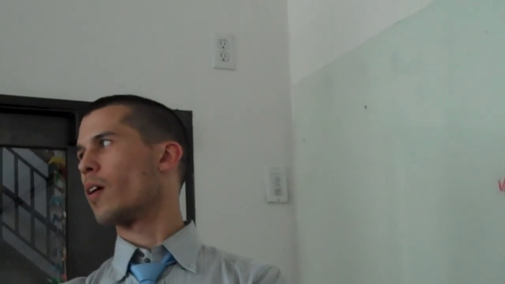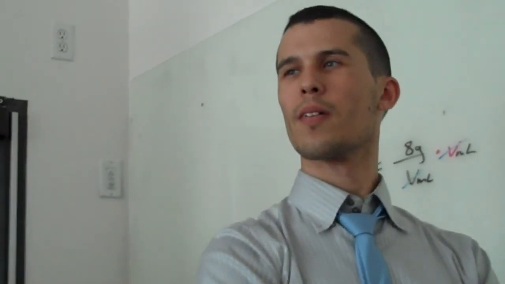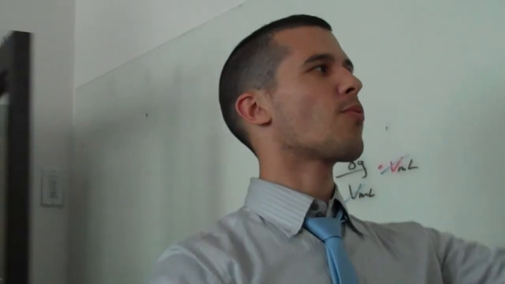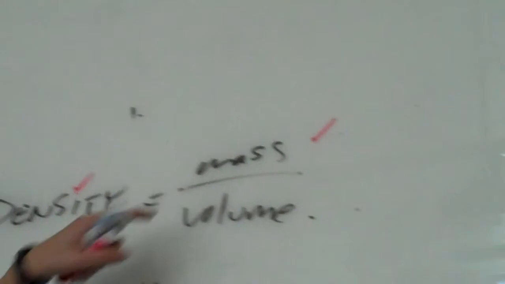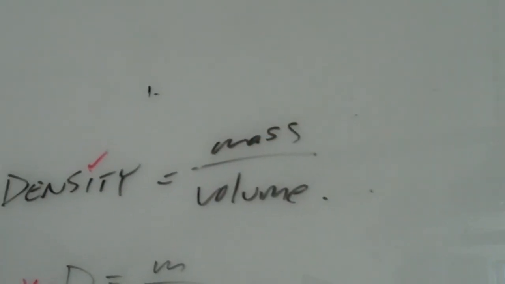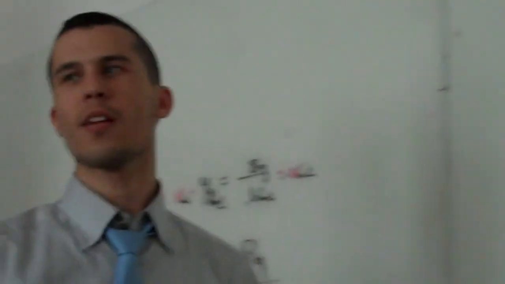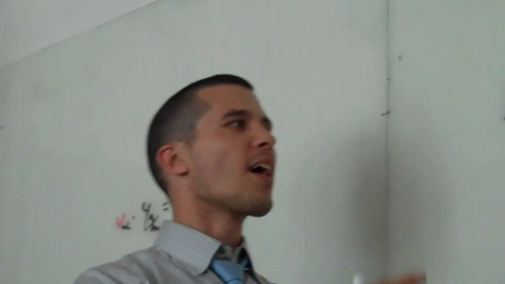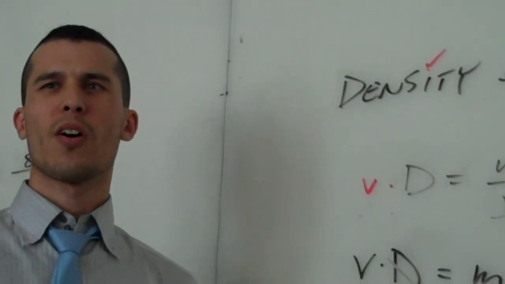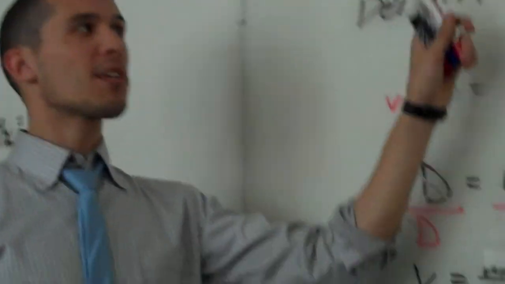Oh, I think I see what you got. If you did, what would the units be? So you're saying, if I want you to find mass, and I give you volume and density? Would you ever do that? Yeah, I could do that. If I give you 2 of these, then you should be able to find the other one. Now, I might ask you then, like I did in the quiz, I might say, okay, so that was the density for